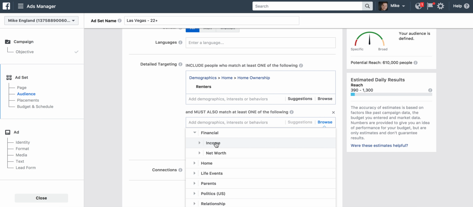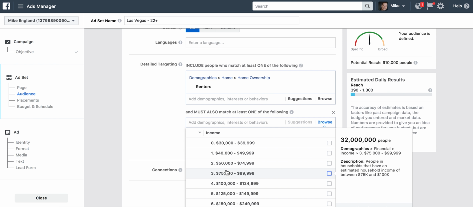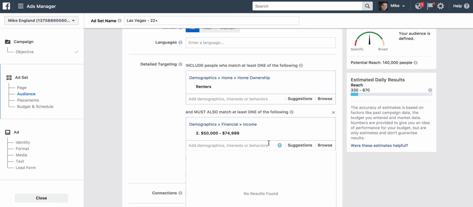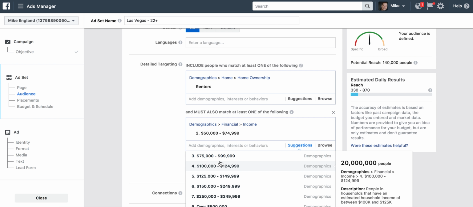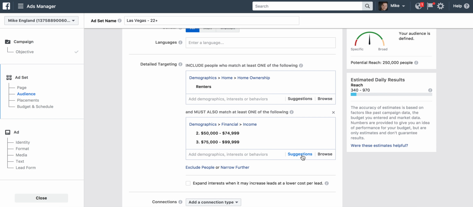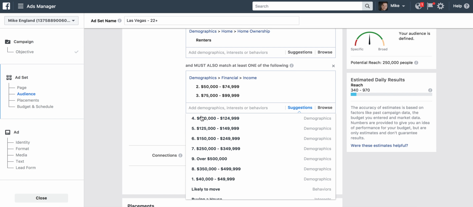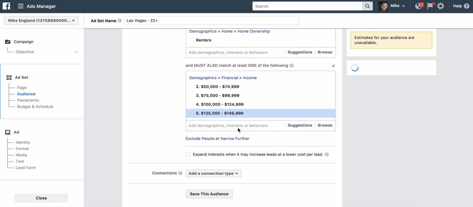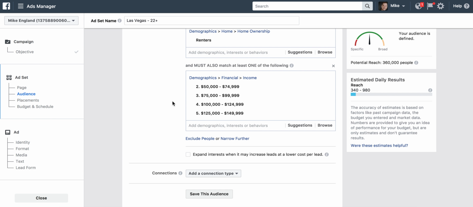So financial income, and let's do 50 to 75. We'll do 75 to 100,000, 100,000, 125. We'll even go one more up. All right, so there you go, 360,000 people in the Las Vegas area that are renting their home with this